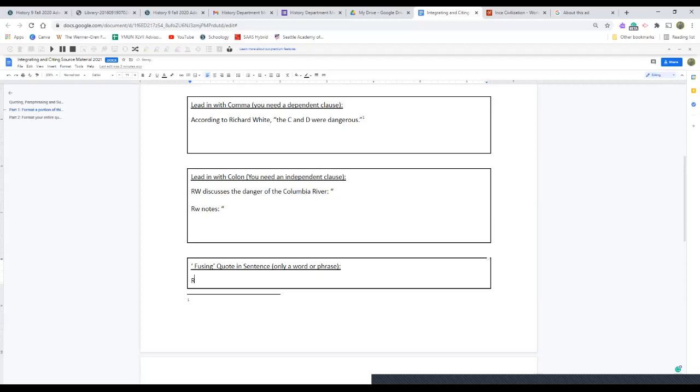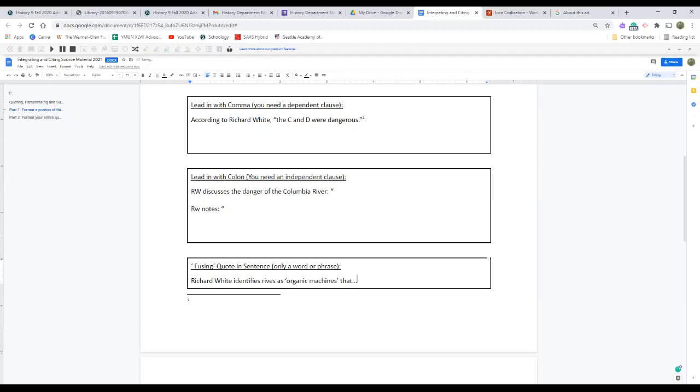So for instance, I could say Richard White identifies rivers as organic machines. Oops, and I should be consistent with my